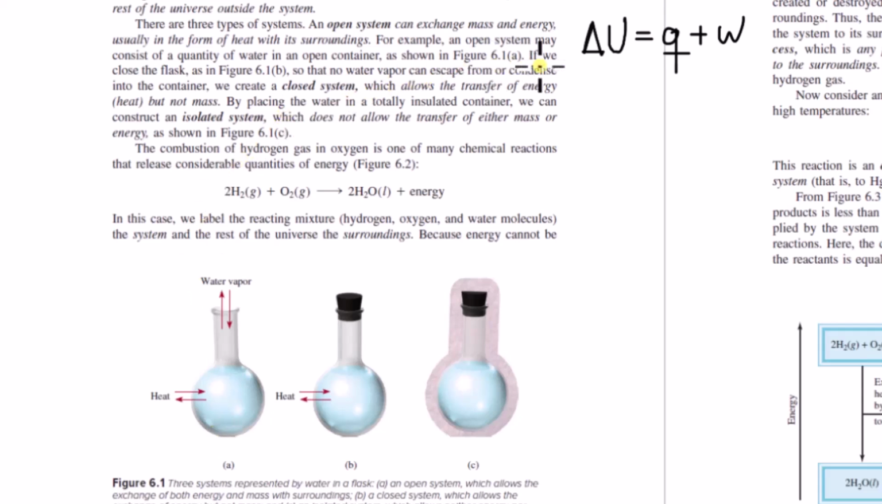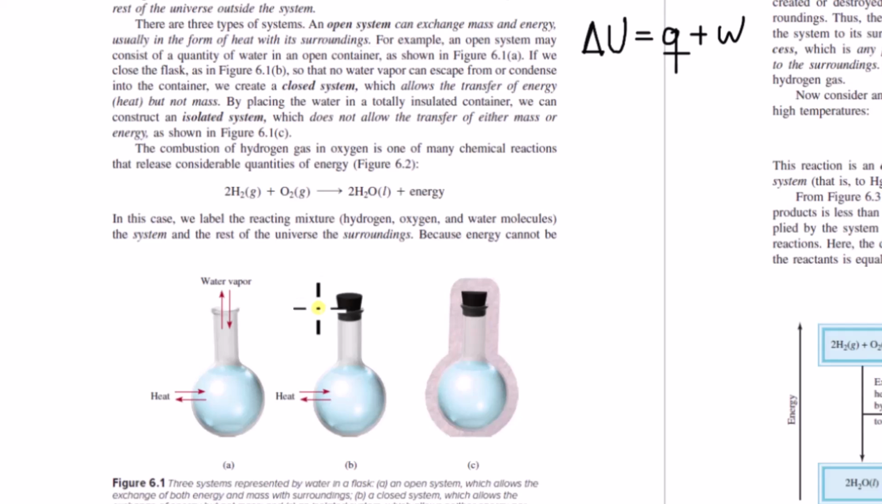Now, it says if we close the flask so that no water vapor can escape from or condense into the container, we create a closed system, which allows the transfer of energy. It says heat. I don't know why they're just saying heat, but not mass. Yeah, because a closed system has no mass transfer across the system boundary, but there can be heat or